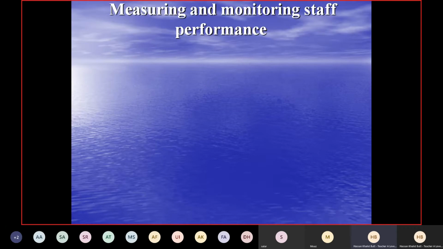Because once you measure the staff performance, then you'll be able to see whether the employees are right on track or there is some need of improving their performance, right? In terms of the skills they have, in terms of the time that they take to complete their job. Okay, it could be because of employees' own lack of skills, or it could be because of lack of equipment in the organization. So it can be for any reason, but to monitor staff performance you need to measure it,